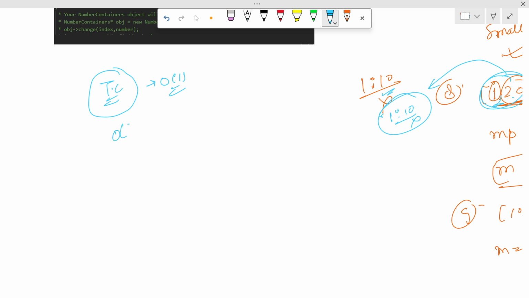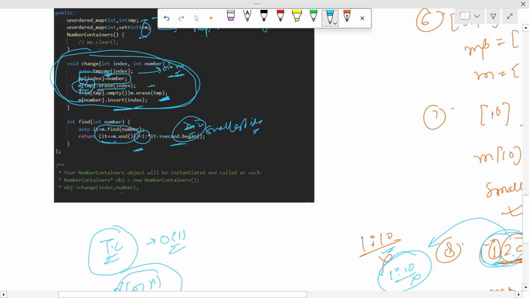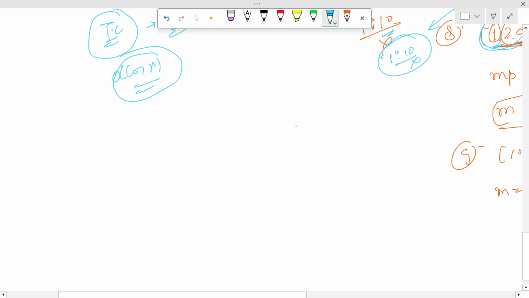And if the number is found, since set dot begin and all these things, we calculate it as O of log n. And the change function, change of index comma number,